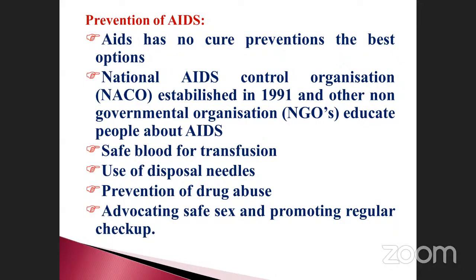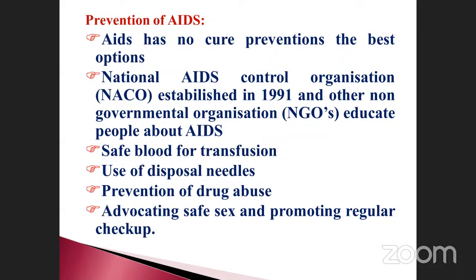Also, safe blood for transfusion. This is also very, very important. There are many blood banks that transfer blood, isn't it? So you have to test whether the blood is good or bad. Use of disposable needles. Nowadays many hospitals use a needle only one time; that is called disposable, isn't it? If the same needle used for a person suffering from AIDS is used for another person, the microorganism will easily enter. It is very dangerous, particularly HIV. That is why we use disposable needles, and also blades.